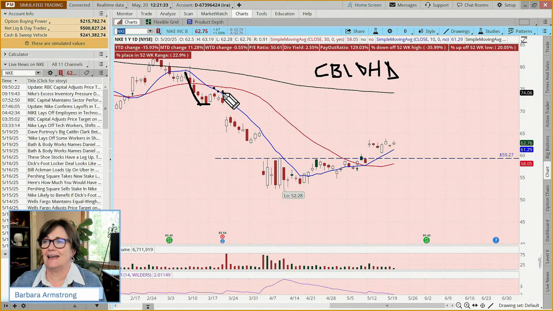So this day would have been our close below the low of the high day. If we had entered the trade on that day or set something up, you can put in a conditional order and say, hey, if it goes 20 cents below the low of this day, I'd like to buy a put. Had you done that, you would have been a pretty happy camper, because it came down, only rallied for one day, and then kept on going.